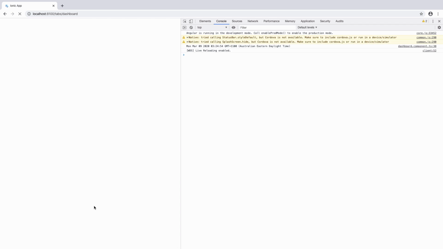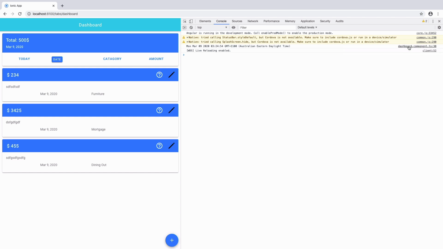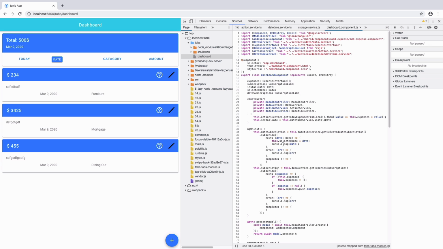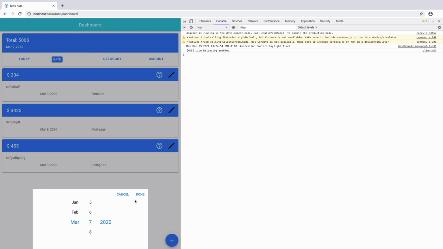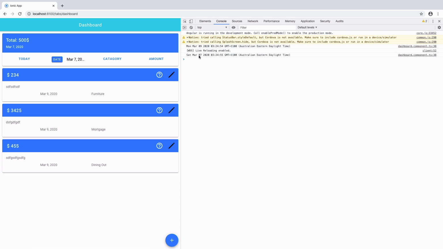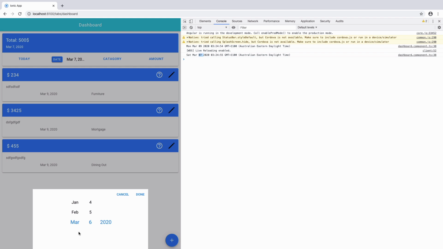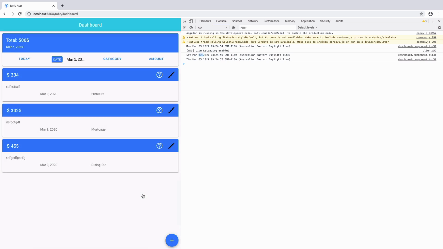Let's refresh the page, and now here we got the date coming from our observable behavior subject. I'm gonna change the date, so I'm gonna go to date 7, done, and we got this date 7. If I go to date 5, I get date 6. Click on today, and the date should be today's, but it's not emitting, so we need to work on this